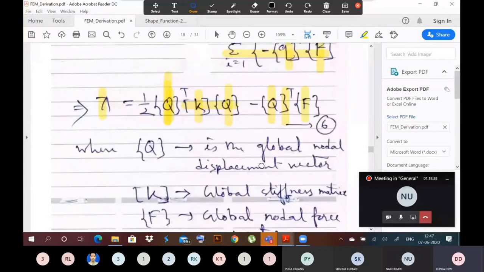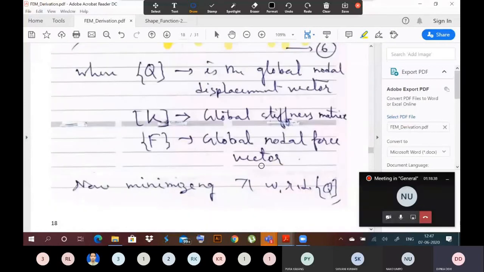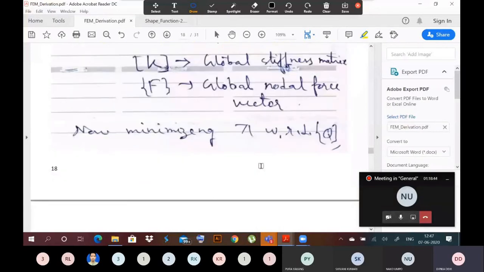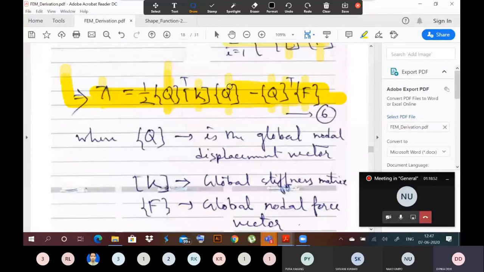So this is our general finite element equation which we have derived using the concept of minimization of potential energy or Rayleigh-Ritz method, because Rayleigh-Ritz method is based on the minimization of potential energy. Okay. So we got the potential energy. From the potential energy, we got the expression for